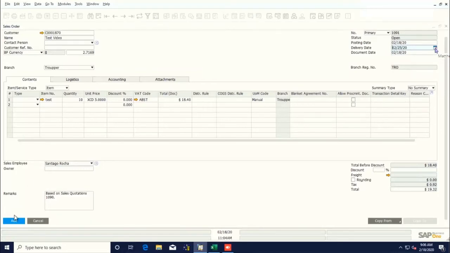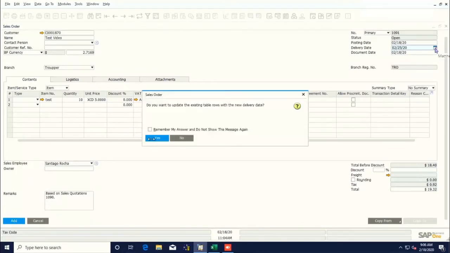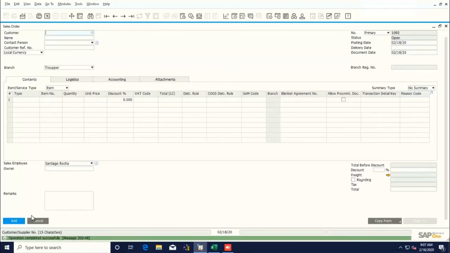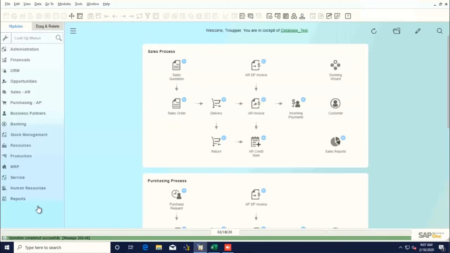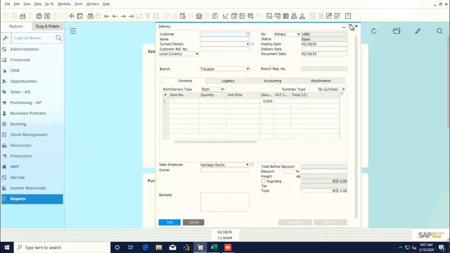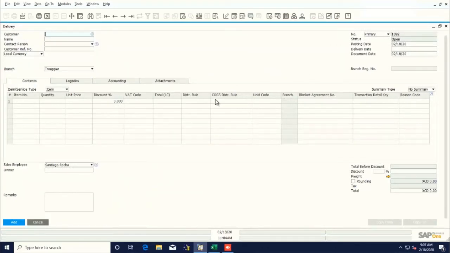And lastly, we click on add. Okay, there we go. Now we can go on to the next step, to the delivery note, in which, again,